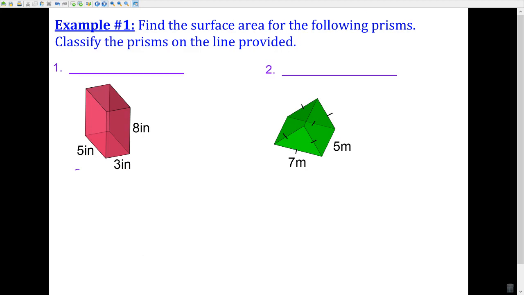All right, so let's do some practice problems so you know what I'm talking about. Find the surface area of the following prisms. Classify the prisms on the line provided. I would say this is a rectangular prism